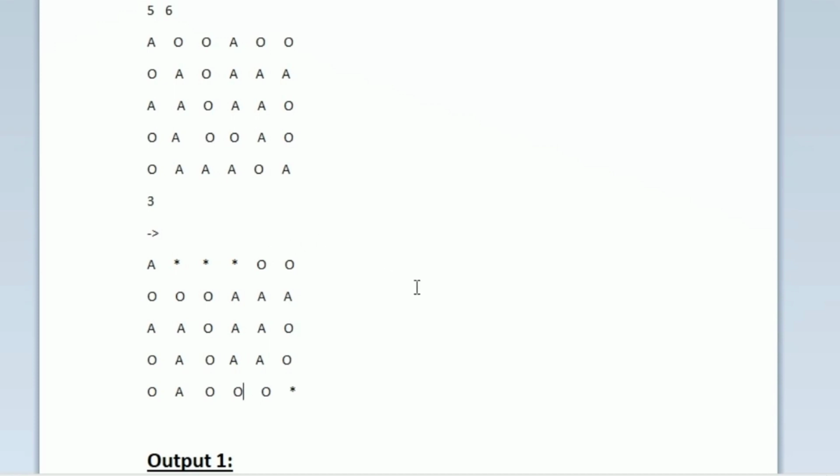Similarly for the last column also, we are just moving the asterisk to the top and moving all the remaining fruits down by one position. This is how we have to update the positions of the fruit after removing a fruit from the last row. So now we have performed this only one time. Here the value of T is equal to 3. So we have to perform this same operation again and again for 3 times.